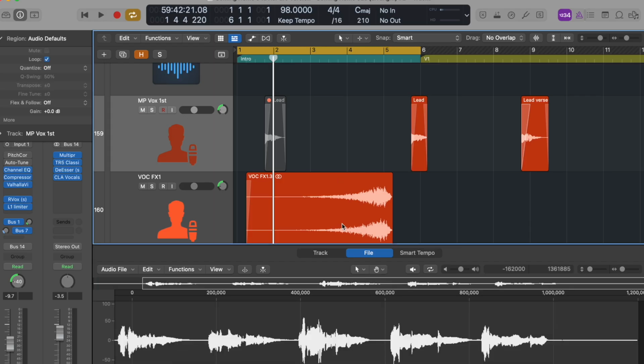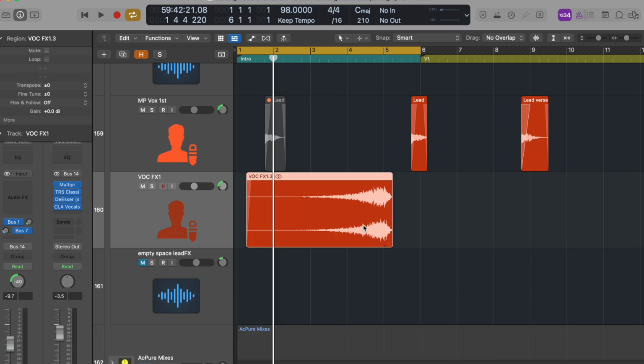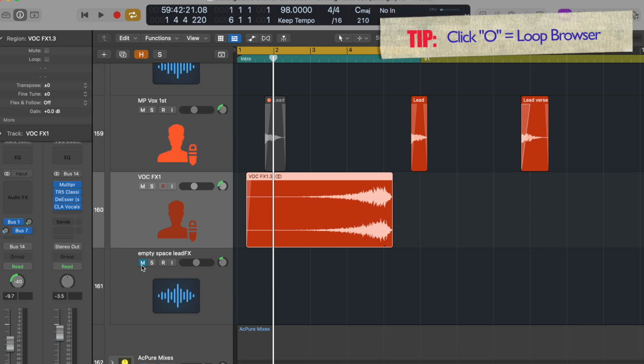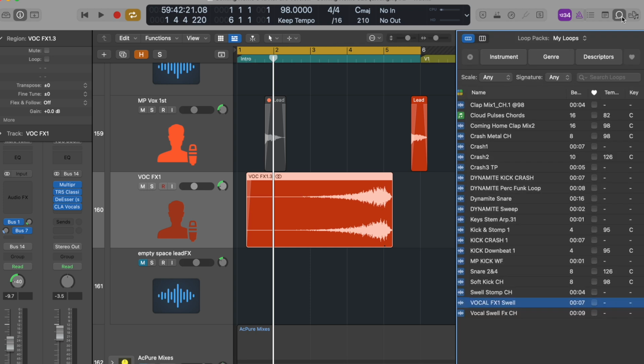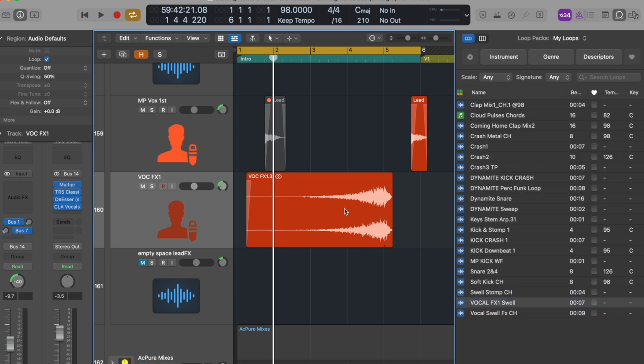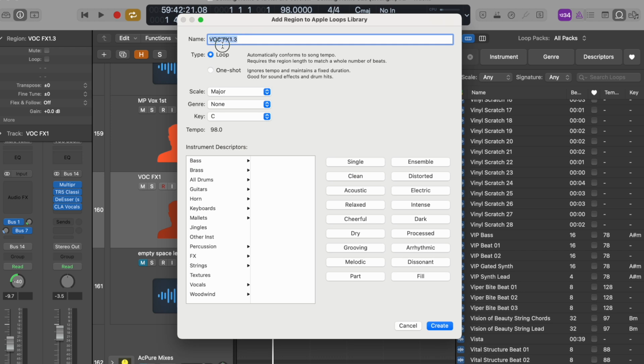Finally, we created a new audio file. Let's make this something I can use in a different session. And for me, the easiest way to save not a preset, but a sound is simply creating an Apple Loop out of it. Open your loop browser. It looks usually like this. And then simply drag this in here. Name it so you can find it later on. Vocal effects, swell. Coming Home was the title of the song, so I put that in there,